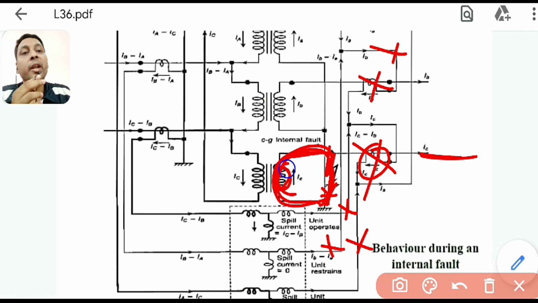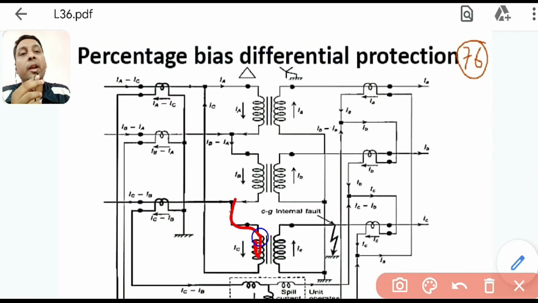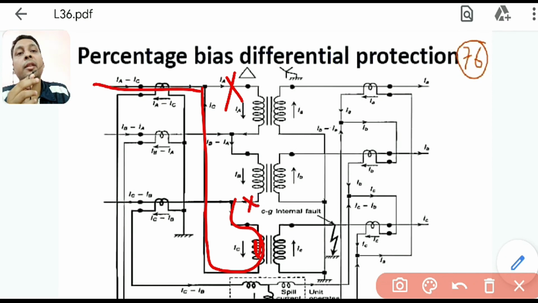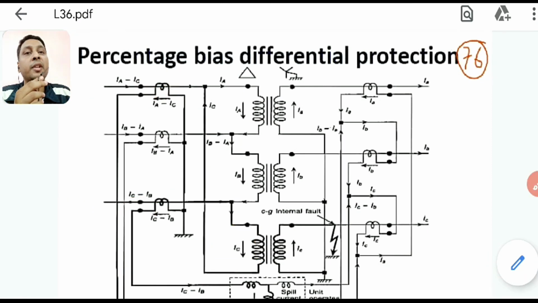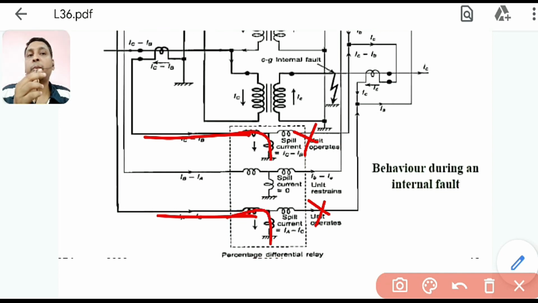Now because this winding has increased, this winding will increase. Similar thing you have seen, because this winding is increased, the entire line current will increase. Because this is fixed, this current and this current will get activated, will feel the change. Because they will feel the change, this CT will feel the change. Because these two CTs will feel the change, this line will feel change, this line will feel change. Because there is no change here, all the change will go through, your spill current will go through that operating coil. So these two operating coils activate.